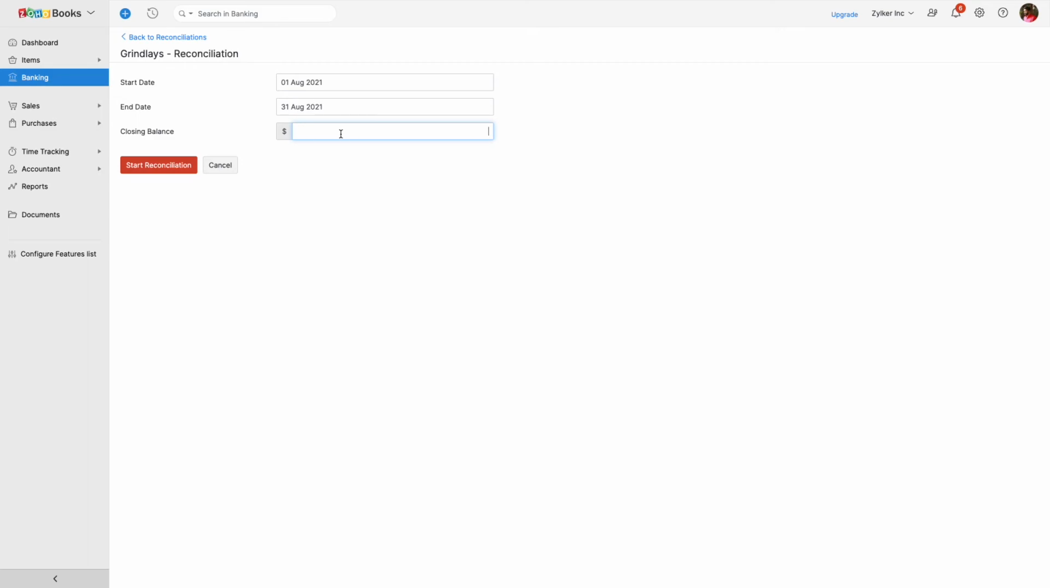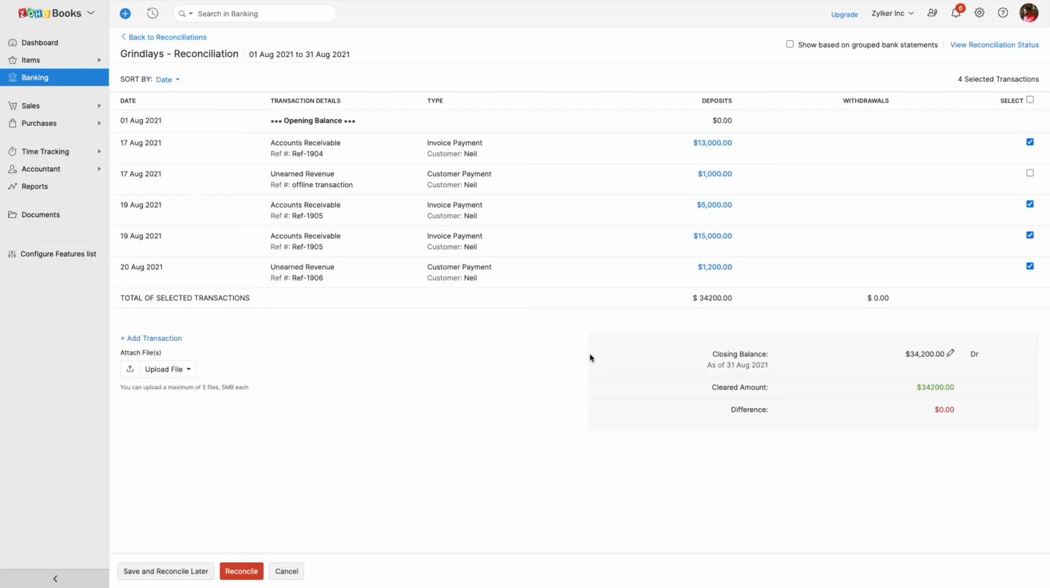By my estimate, of all the transactions that we have done and all the amount that we have received from the customers in this particular Zoho Books organization, it has to be around 34,200. And then you click the start reconciliation process. Once you click this, you can see all the transactions that have happened in this particular account. You can see the opening balance and the closing balance as well, and the cleared amount,